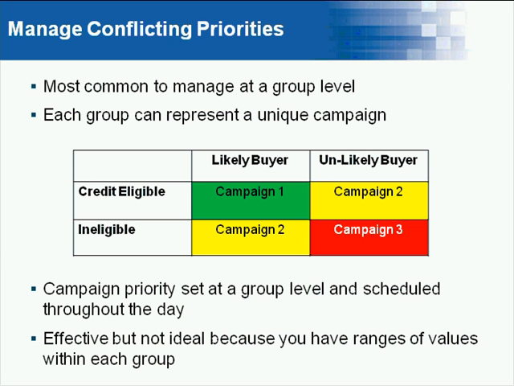The prospect group with both high likelihood to buy and high likelihood of qualifying for credit is segmented into a unique calling campaign that would then receive top priority. It may receive the greatest number of resources. It may receive the greatest intensity in terms of sales action, contacts, calls, etc.